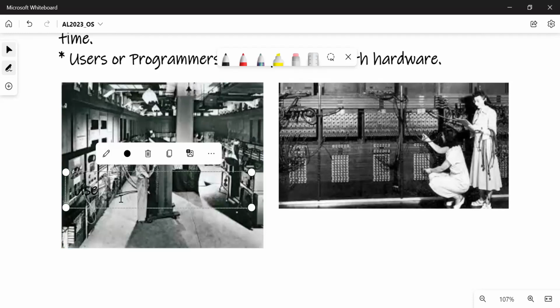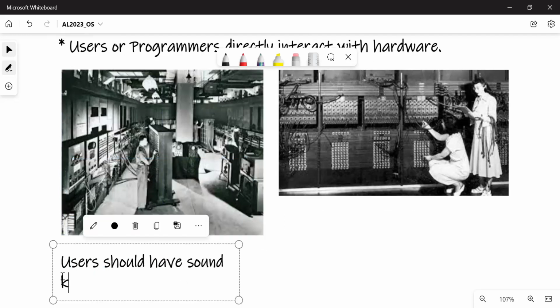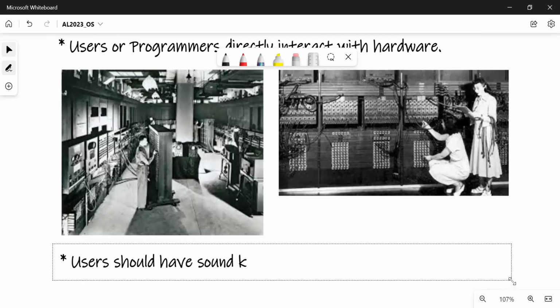So users should have sound knowledge of hardware stuff, because they have to know what is happening.